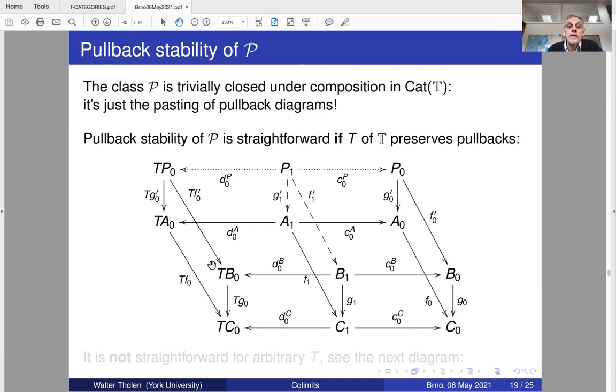The T image of the object construction is still a pullback under this assumption, and you have induced morphisms. Somehow you can lift this game, with enough patience, to also get the structure from A, B, C onto P, and you are done, because